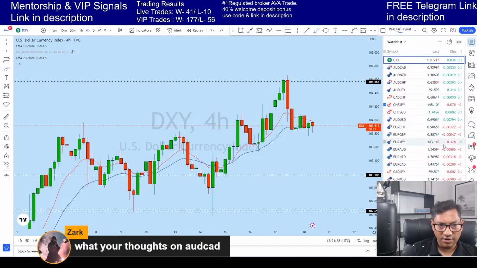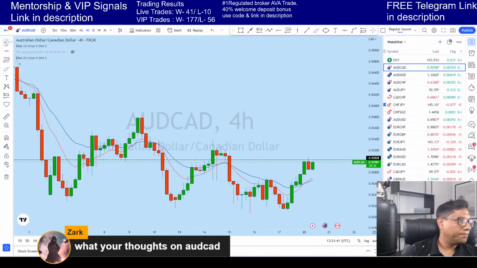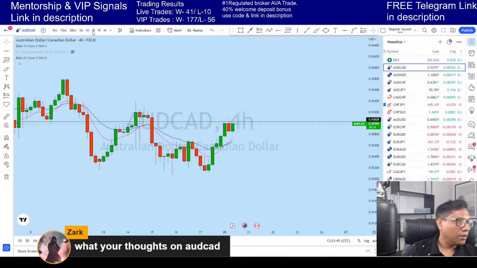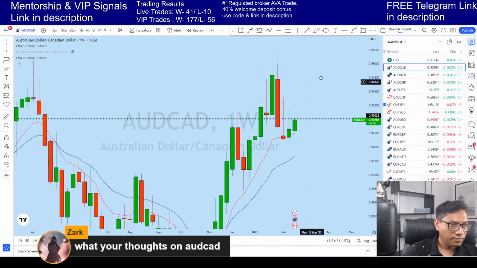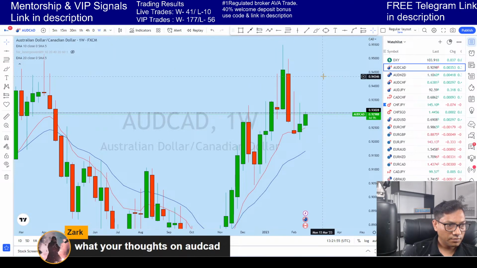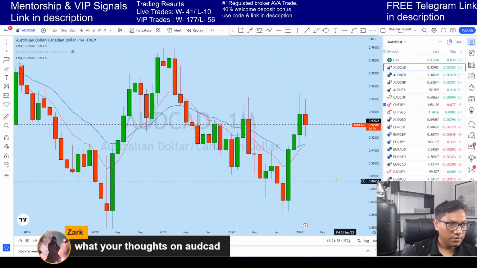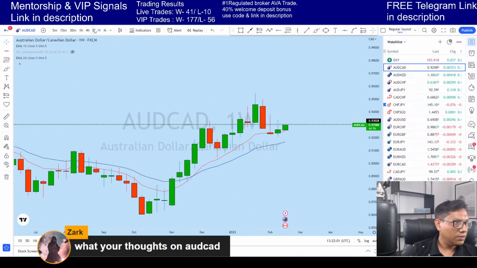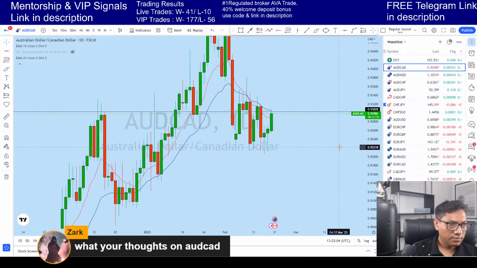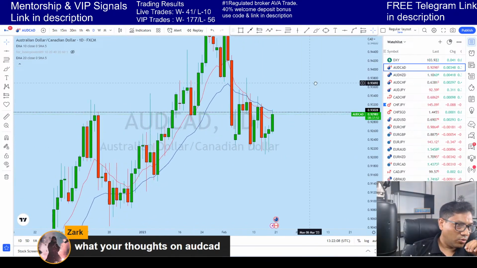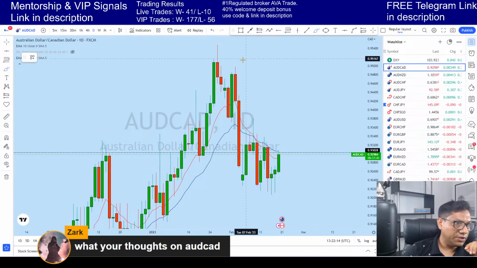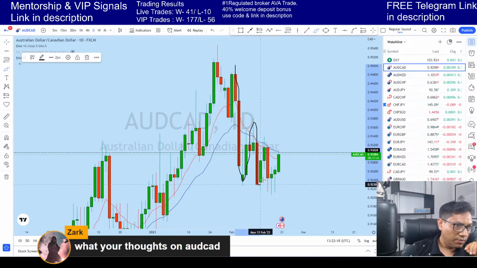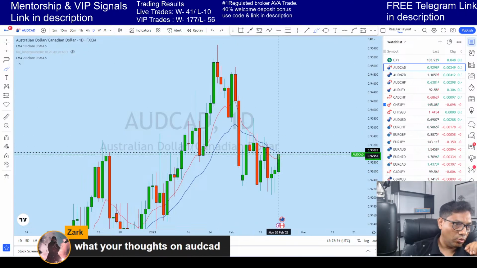What's your thought on AUD/CAD? Okay, we'll look at AUD/CAD, from the daily, weekly, monthly. What I think is that you can see this market on the daily perspective: there has been an impulse. Now the price is consolidating. The way it is doing, I think on AUD/CAD we could see some break to